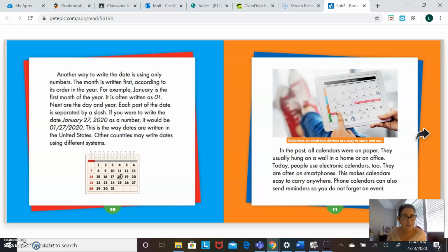The month is written first according to its order in the year. For example, January is the first month of the year. It is often written as 01. Next are the day and the year. Each part of the date is separated by a slash. If you were to write the date January 27, 2020 as a number, it would be